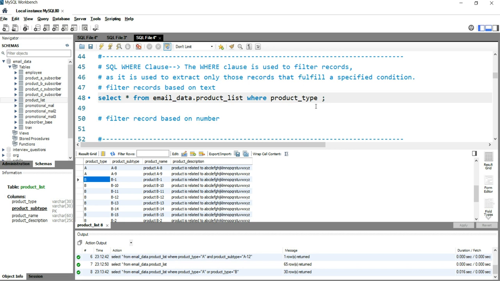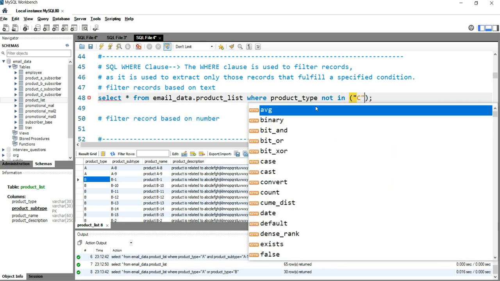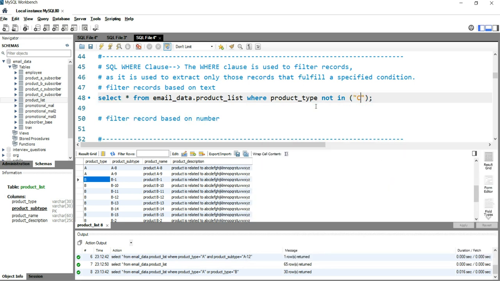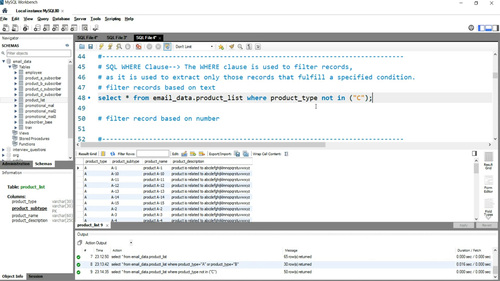Then we'll use product type not in and we'll put C under this bracket. Okay, so I'll run this query. Then we got 50 records, and within this data set we will see that product type is A, B and D, not C.